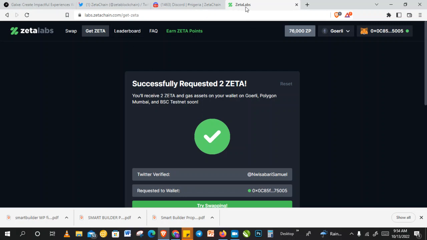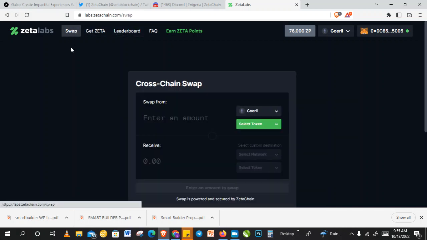So after you've done that, okay, and you've gotten the Zeta token, right? You're seeing successfully requested for 2, and I've already received, okay. Now you can come back here, okay, and then click on swap, right? You click on swap. Now when you click on swap,